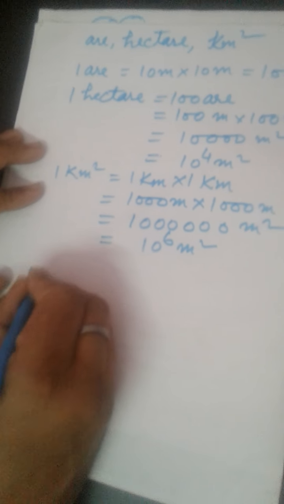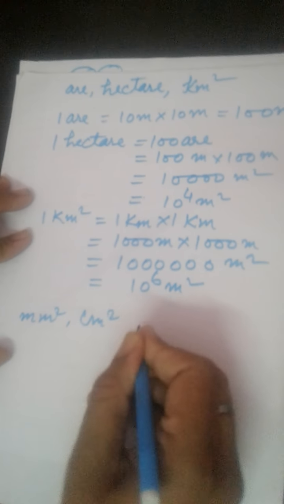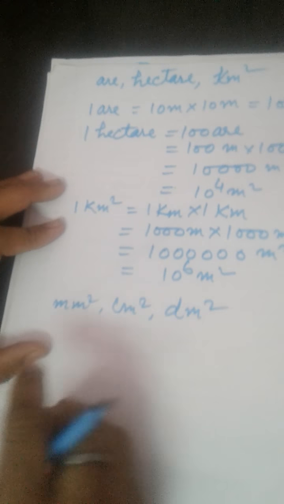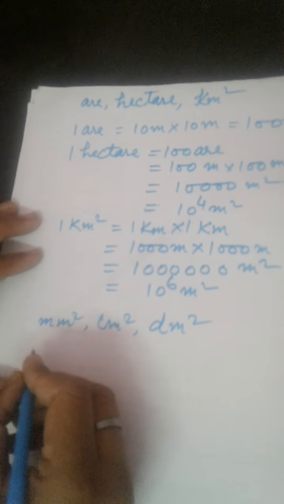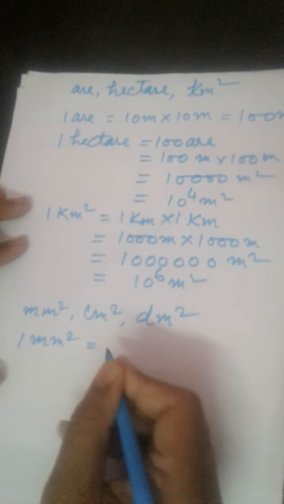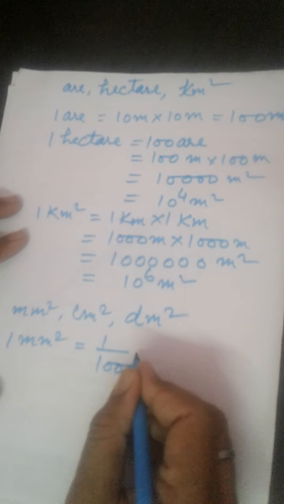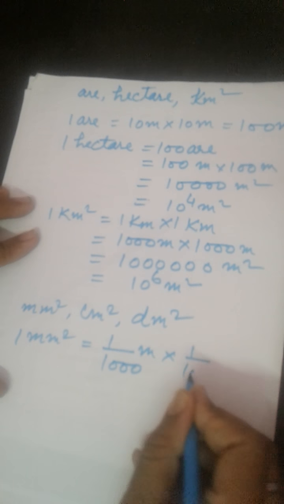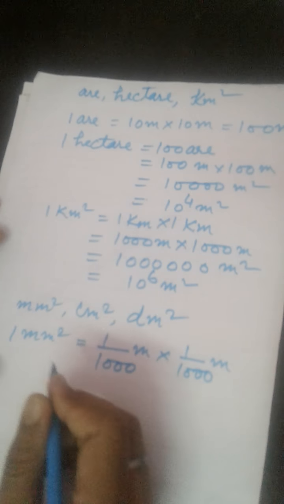Now next point is submultiples. Actually, submultiples are used for measuring area of small objects like your physics book, geometry box. Here are some submultiples: millimeter square, centimeter square, decimeter square. These are some submultiples. 1 millimeter square equals to 1 upon 1000 meter into 1 upon 1000 meter. Here I would like to